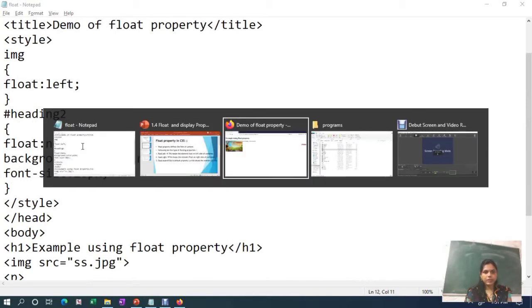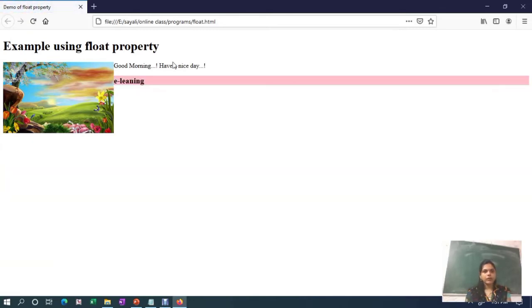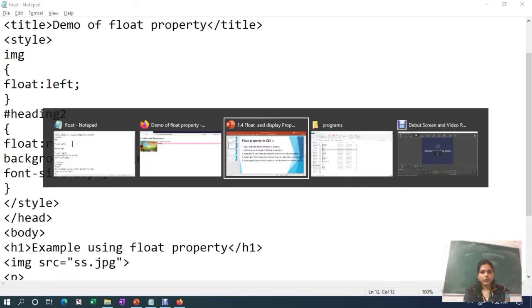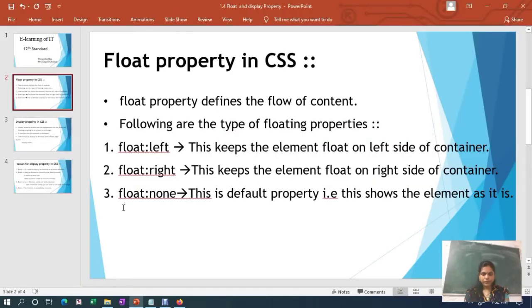Then you can see the output here. It is the default position of this text, and that can be achieved with the help of the none value. If you want this text at the left, you can use left. If you want this text at the right, you can use right here. So in this way you can use a float property.